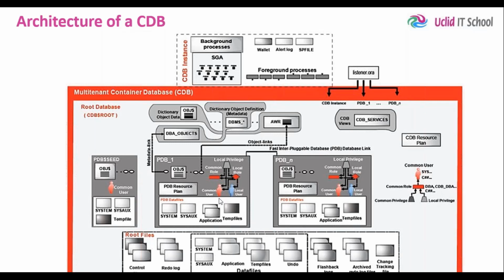In a non-container database, if you create 10 databases, each database has a system user, and the metadata about this user is stored in the database. Now in a container database, all these Oracle-created objects are common objects. All the objects created by Oracle when you newly create a database are common. For example, you have common users, common roles.